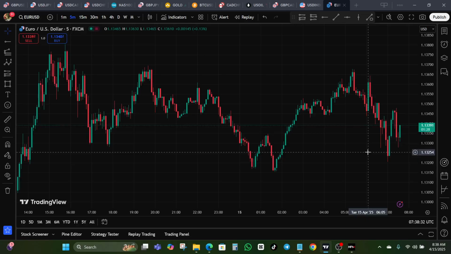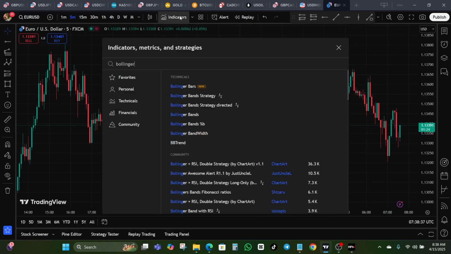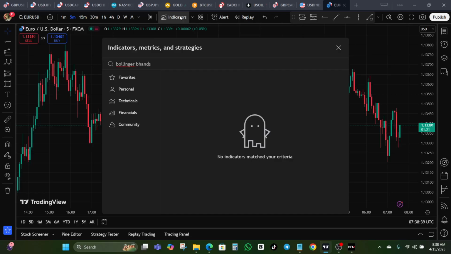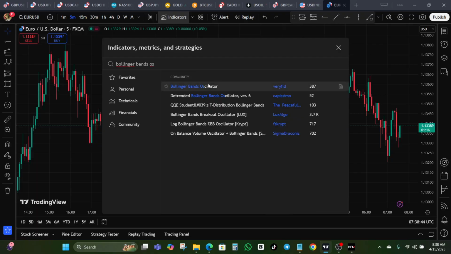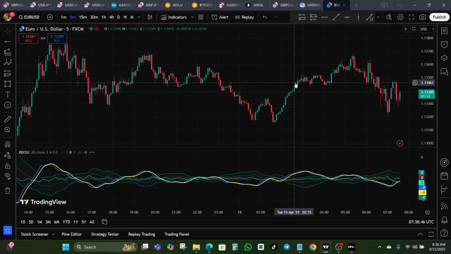So let us start with the basics. We're going to be adding the Bollinger Bands Oscillator to the chart right now. Here we go, the Bollinger Bands Oscillator. It is not just your standard upper and lower band indicator. It turns that volatility data into an oscillating line, making it much easier to read price, momentum, and pinpoint extreme